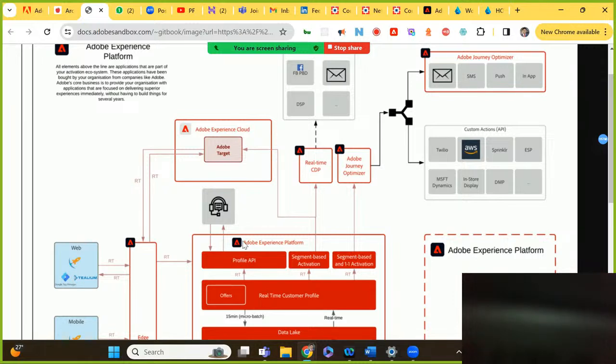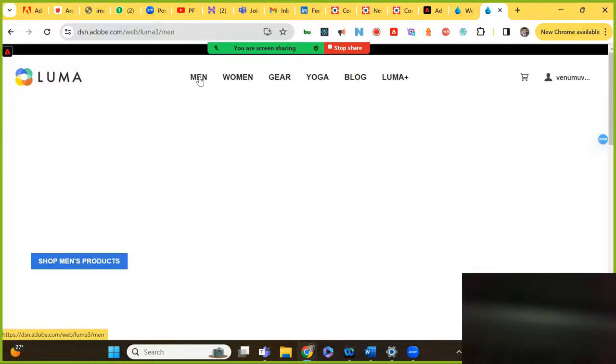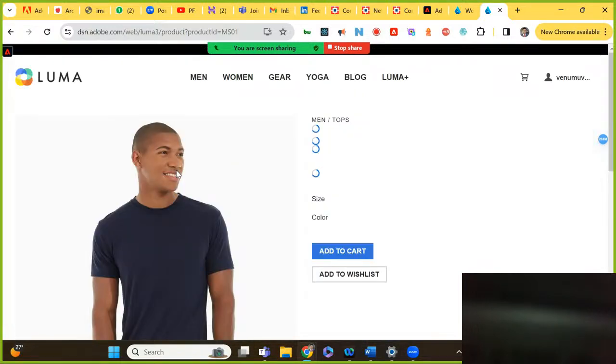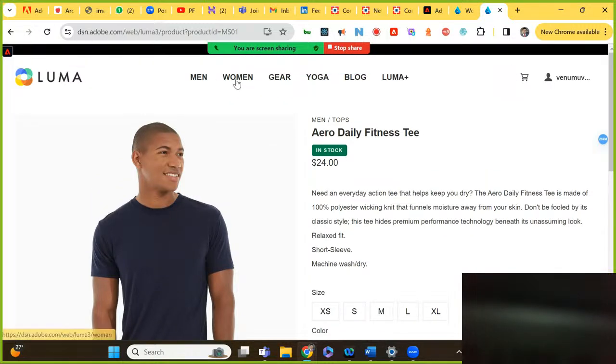Suppose in this website I wanted to have all the profiles who came to the men's site and then went to that jacket which I was seeing, and who are coming from New York. That is called a segment, a condition. Any criteria which you are applying on the data to uniquely identify it. Okay. And journey. Journey is